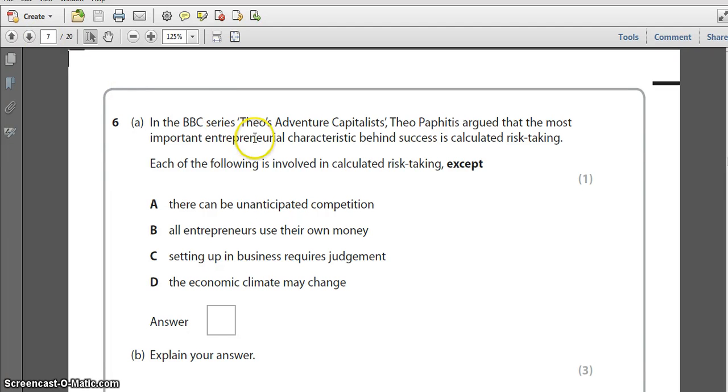In the BBC series blah blah blah, you can see there's a lot of sort of padding out of the questions. Theo Paphitis argued that the most important entrepreneurial characteristic behind success is calculated risk-taking. Each of the following is involved in calculated risk-taking except